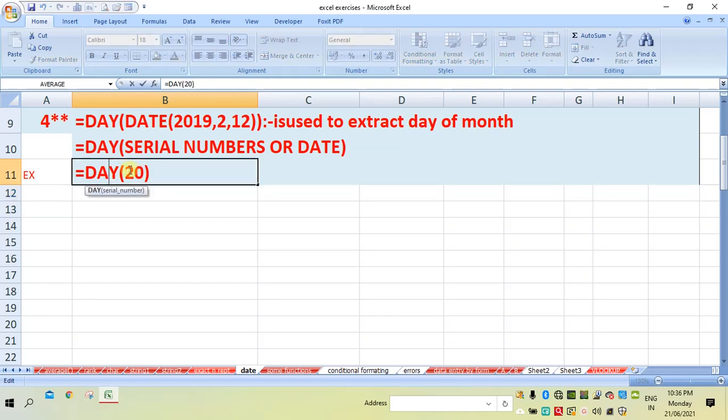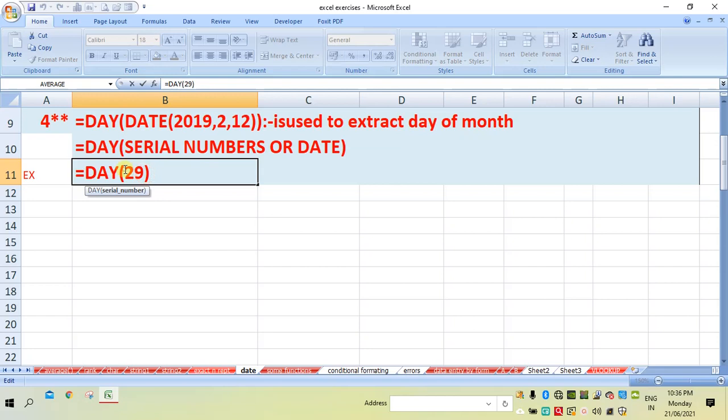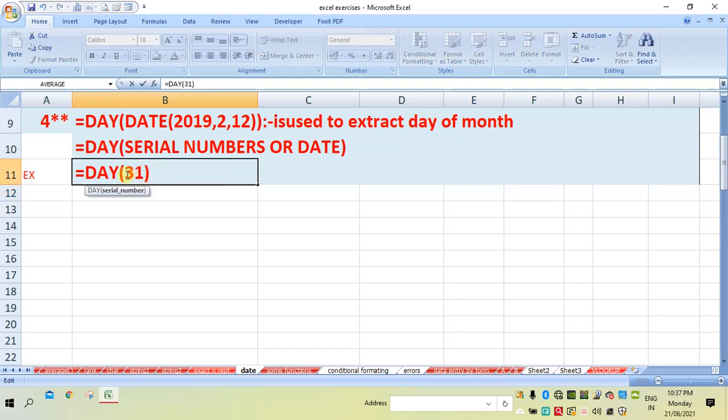Next I will try to give one more number, if the serial number is 29, it will give you 29, no problem. If I write 31, no problem, it will give you 31, because as we know the month has 1 to 31. That's why whatever number I am giving inside the day parenthesis, it is giving the same numbers. So it means it will give you the numbers from 1 to 31.